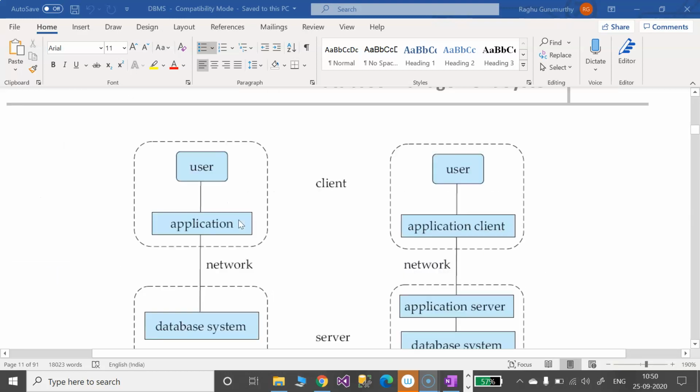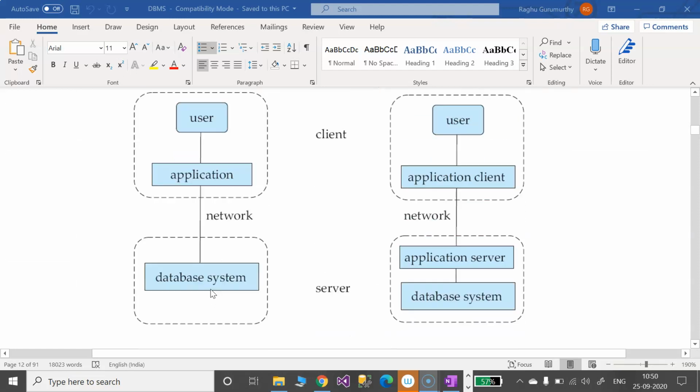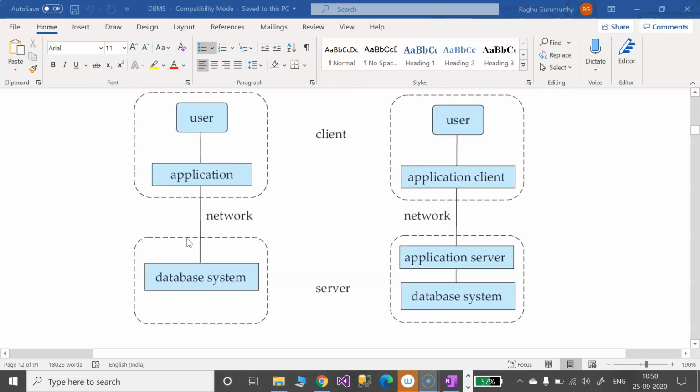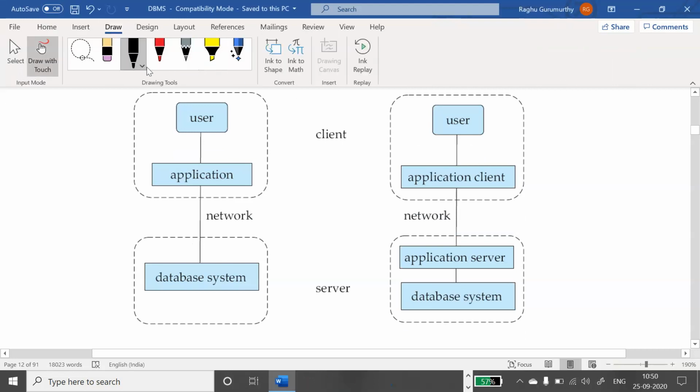If you go with the diagram, you can clearly differentiate what is two-tier and what is three-tier. If you look at this diagram, this portion is called client and this portion is called server.